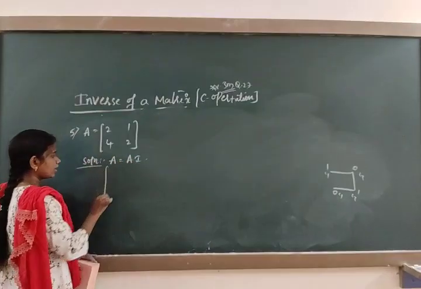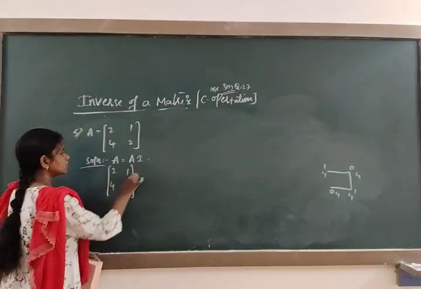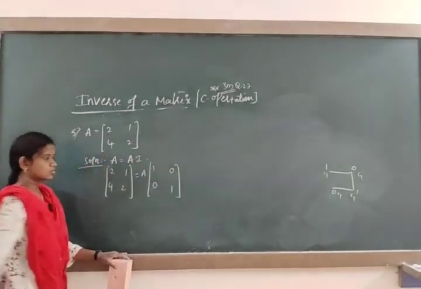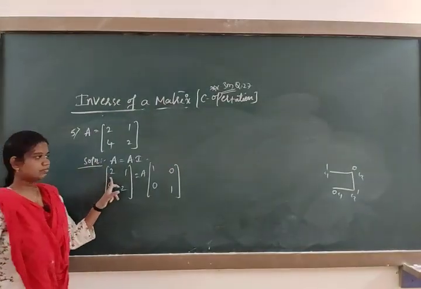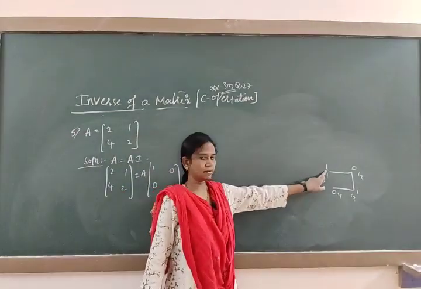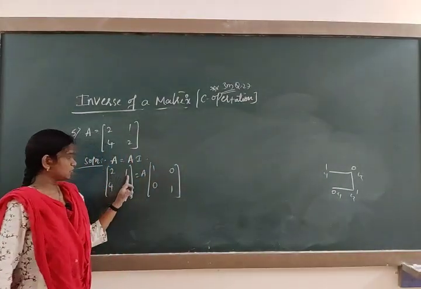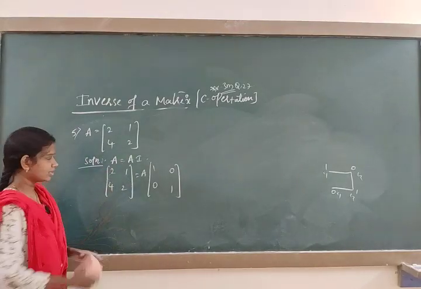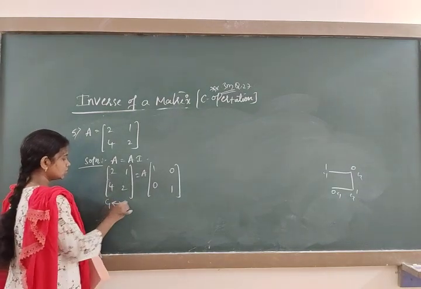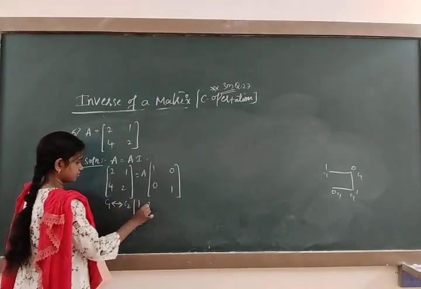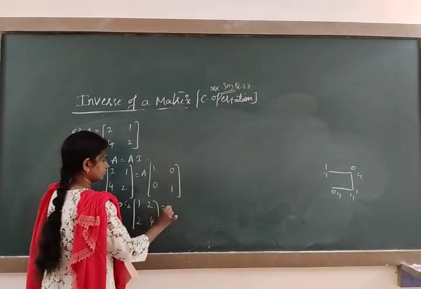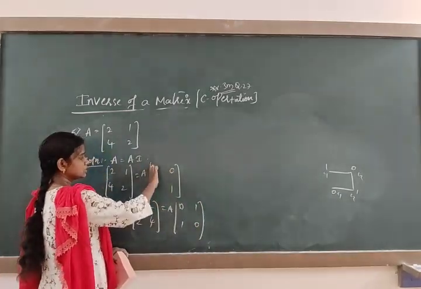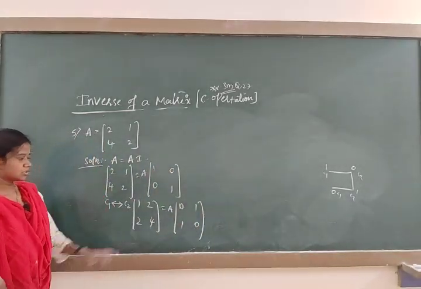Write down A equal to AI. It's 2142 equal to A of 1001. Now the first position should be 1, but we are having a 2. Look here, it should be 1, but we are having a 2. So you interchange here, where 1 is present. This vertical line shifted here and this line shifted there. So C1 interchanges with C2. The whole line shifted here, then this line is shifted there. So now this is completed.